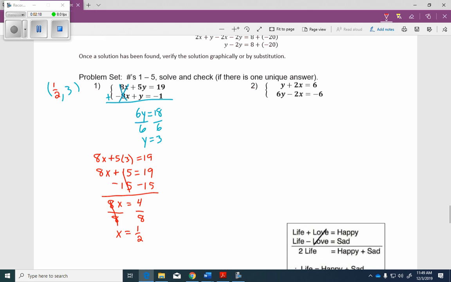Notice it says that we have to check if there is one unique solution. So I will go through the checks on this problem with you. The rest, though, you're on your own. I like to really organize myself, so I call it check number 1. And I rewrite the first equation. And then I substitute in my x and my y values that I found. A half times 8 is 4, 5 times 3 is 15, and 4 plus 15 is 19, so my first